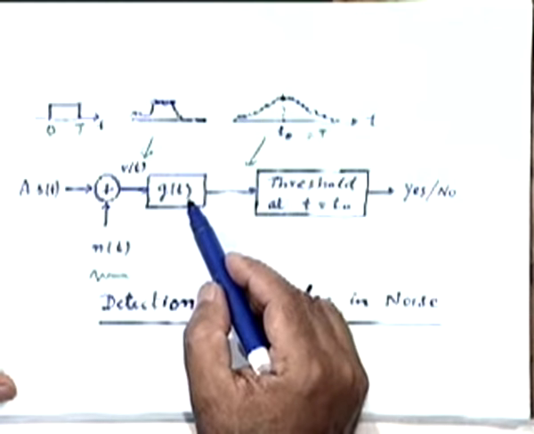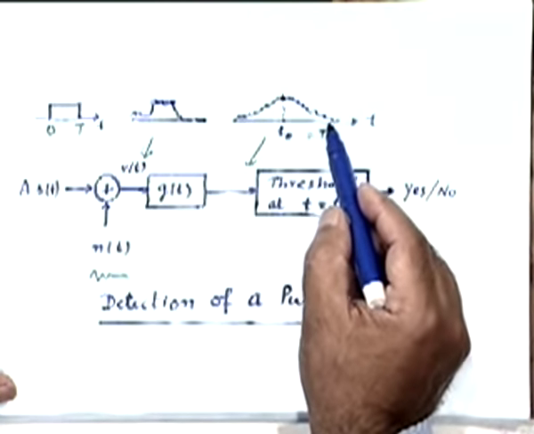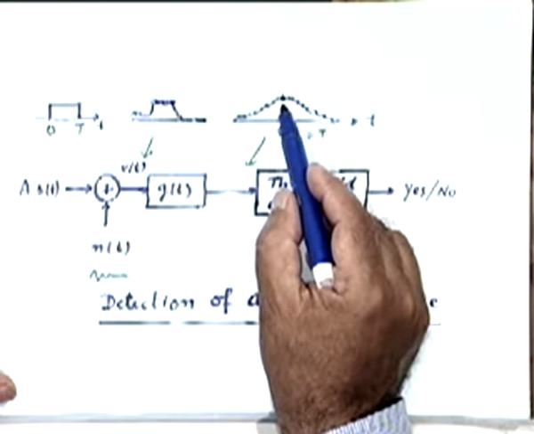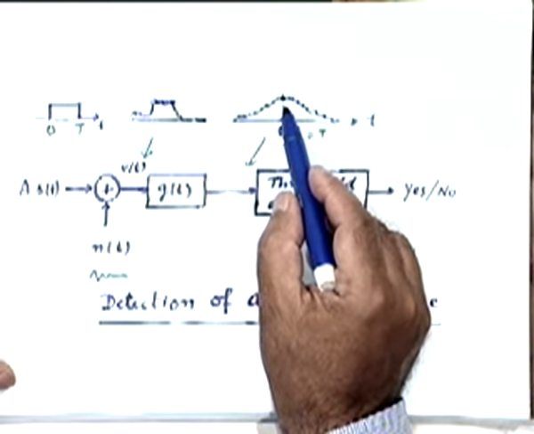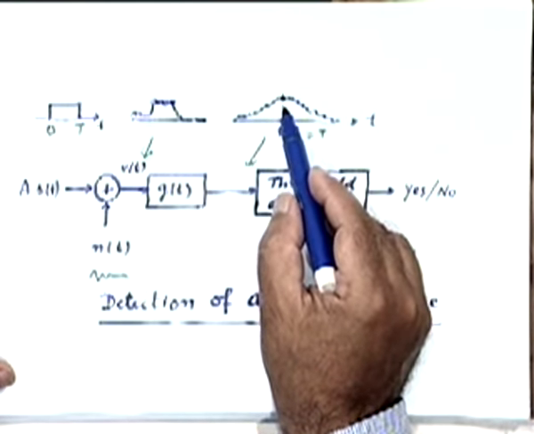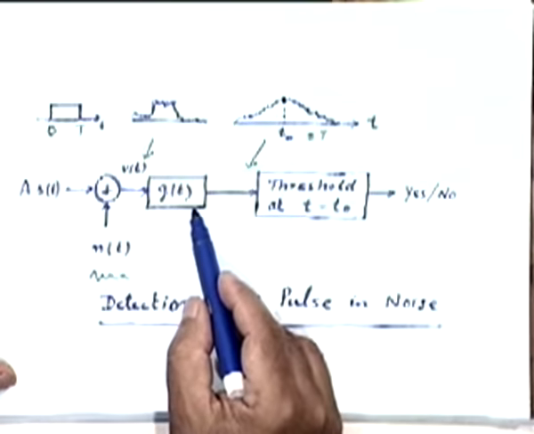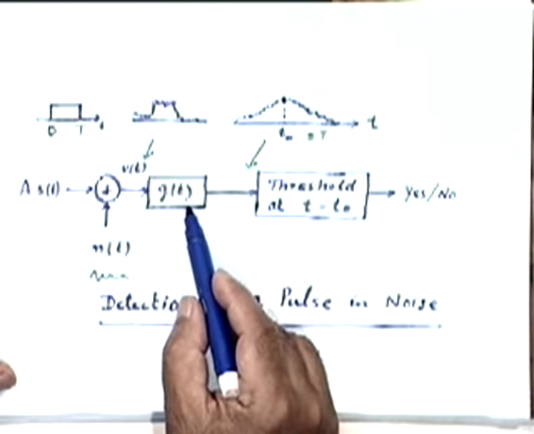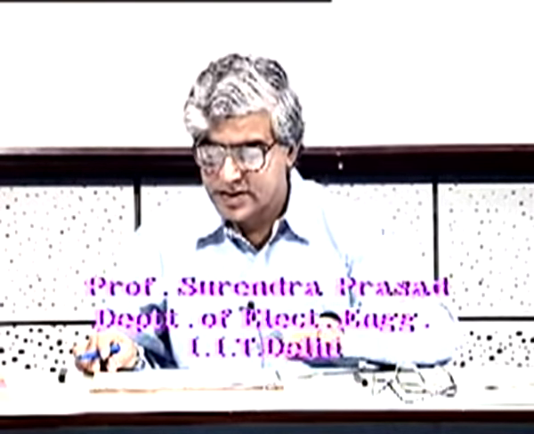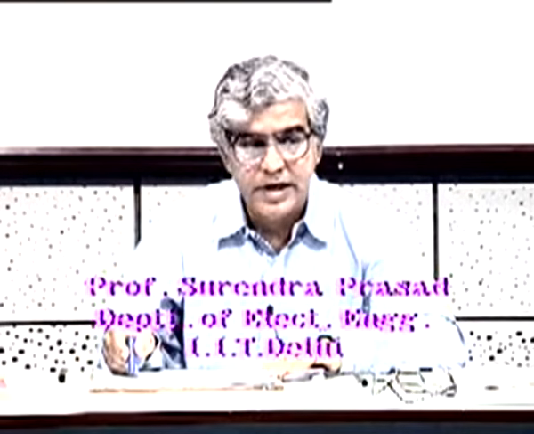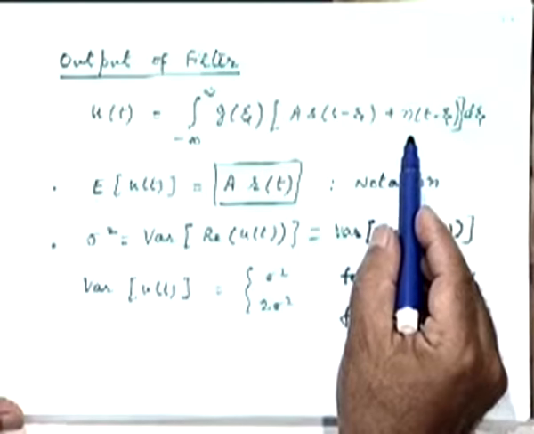Because it is the job of this filter to produce an output which, when sampled at a specific time instant, will contain most of the contribution from the signal and as small a contribution as possible from noise, right? So basically that's the important thing we need to look at, how to design such a filter. And we therefore went through a little bit of exercise as to what this filter does to the signal and noise that is coming along, right?